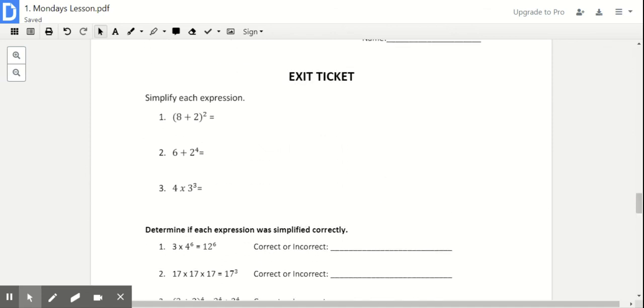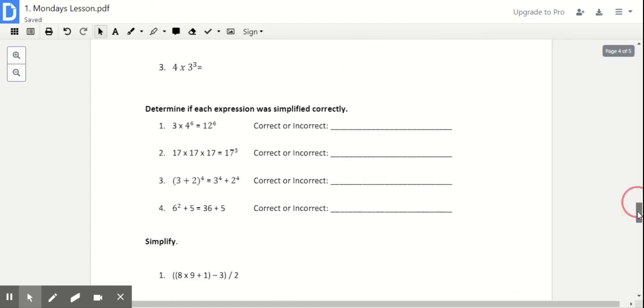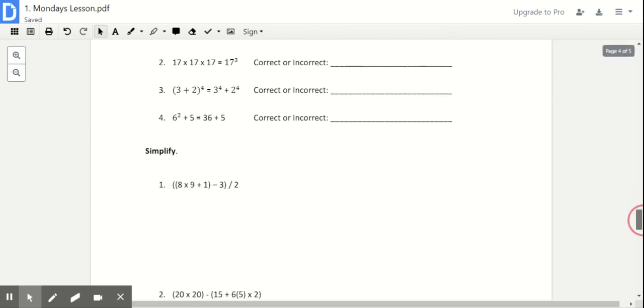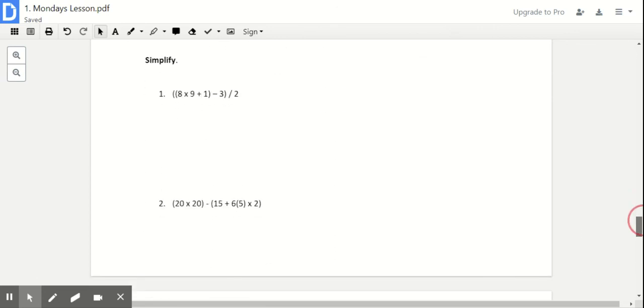All right. So do not skip these parts. Make sure that when it says simplify, you do all of your work out and put correct or incorrect answers. So you need to determine all of these are correct by solving them correctly first and seeing if those are incorrect or correct. So make sure you are simplifying everything and paying attention to these nested